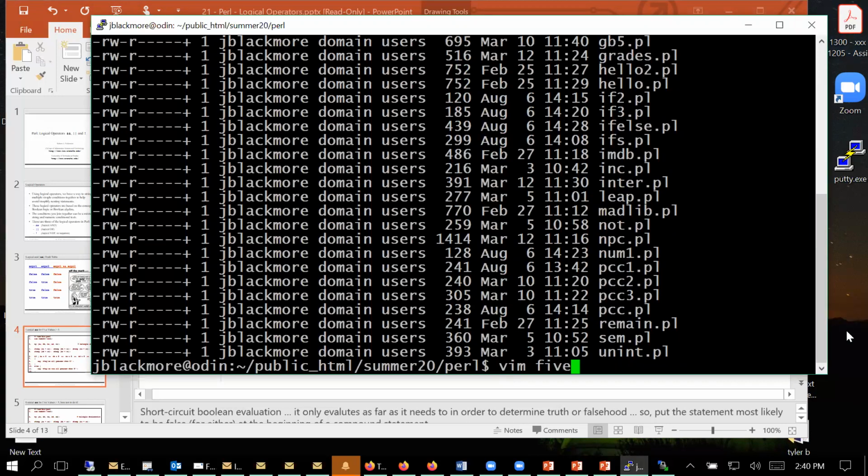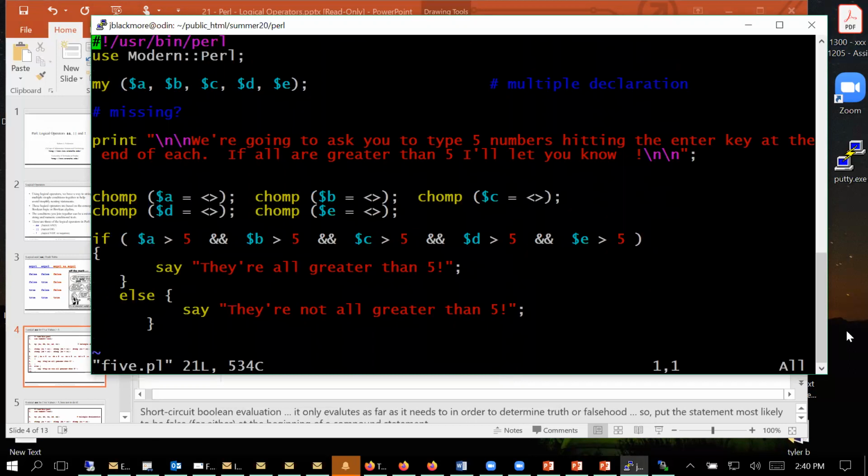So what's vim 5.pl? I just have to remember what I'm doing here. And there we go. I've used my print statement to tell our user what's going on. I'm not going to do this in the rest of them because it takes a lot of time to get them done. But this one kind of works for me right now. And I'm just going to take that space out. I think that space was a wasted space. And I also didn't change these from the Kernighan and Ritchie style. I left them, basically. After the first one, again, I like to have it in the GNU style,